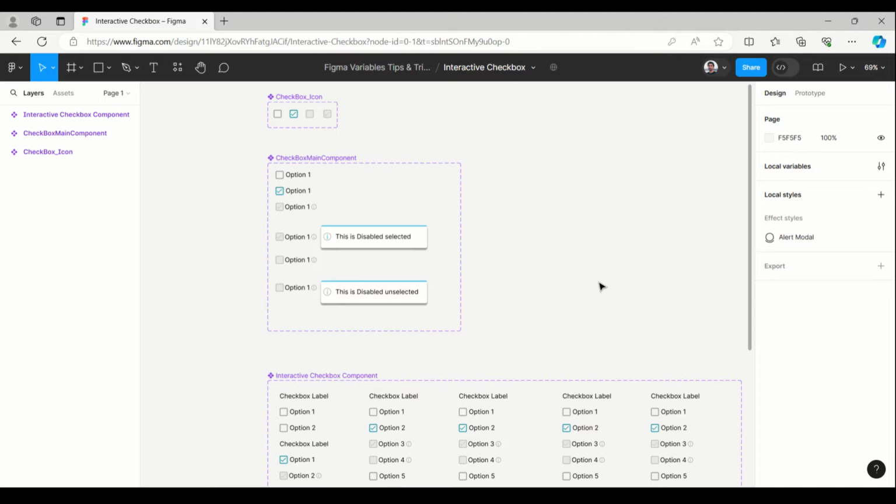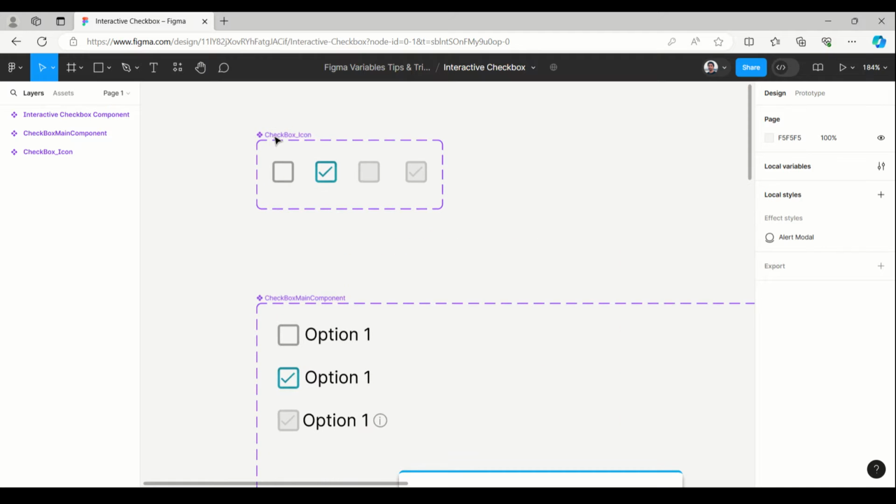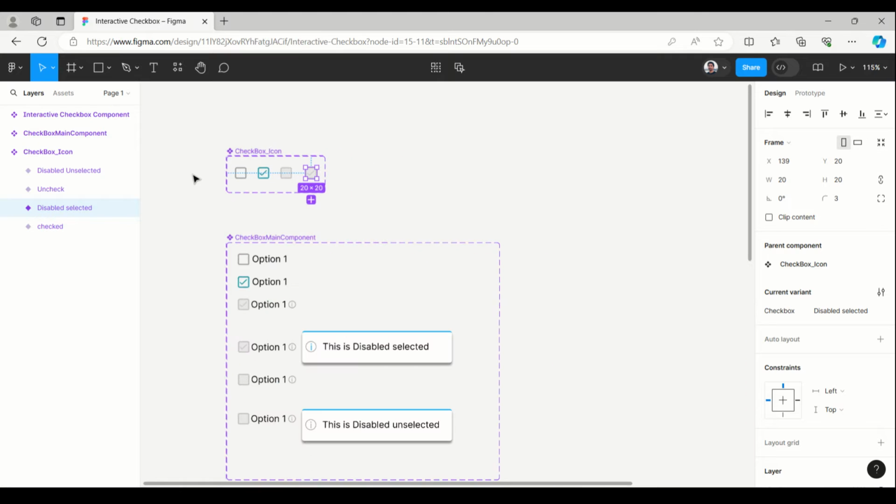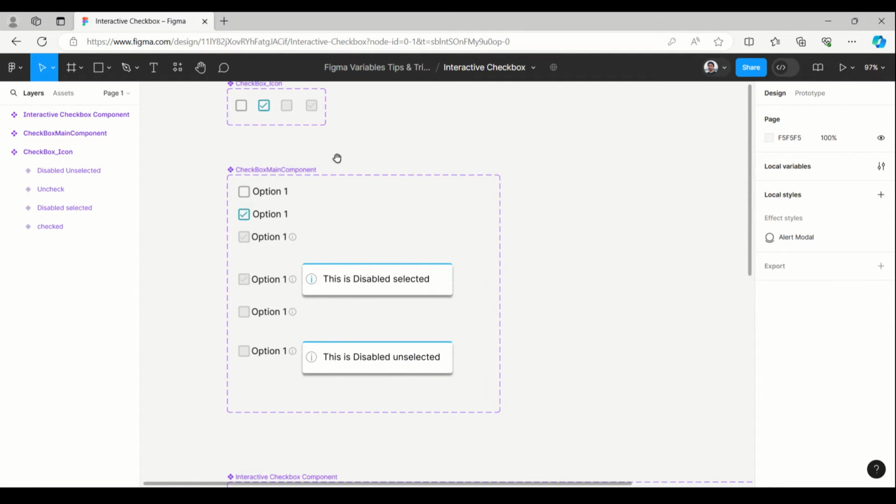Today I'm going to talk about the interactive checkbox component, or you can say interactive checkbox UI kit. So here I have started with this checkbox icon, which has different states. This component has variants of the checkbox: unchecked, checked, or you can say unselected, selected, or disabled unselected, disabled selected. So now I'm going to use these icons in the main component here,